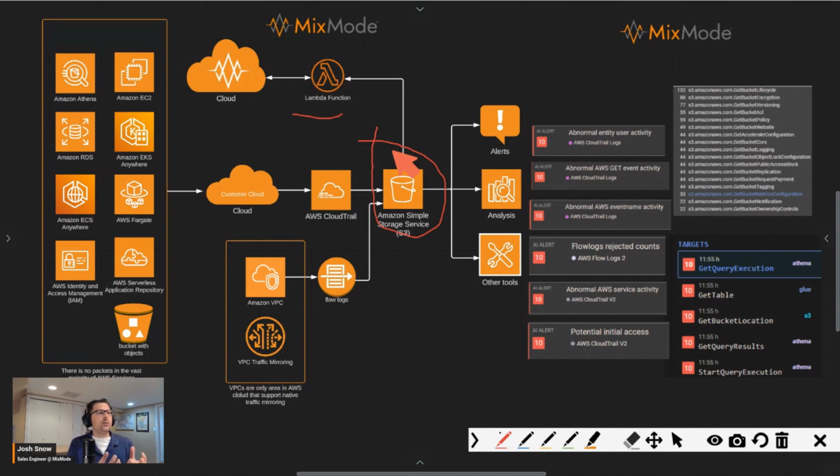So the context you have is so rich compared to just IP port, which is still good. But with the CloudTrail logs, when something does pop, the data you get behind it is so powerful. You can see here some of the detections and the types of things we're getting. So when you see a detection of get user activity or event name activity or a username or an API that's not being leveraged, when you follow that workflow, you're going to have all the rich details